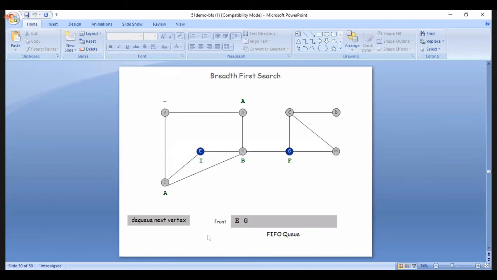One big question: if there is more than one adjacent vertex, normally in many books I read, they follow ascending order, but no problem. If you don't follow ascending order, it's up to you, but all the adjacent vertices should be visited, that's all. Suppose for A, B and I are there, you can take I and A also. Okay, now no issues, right?